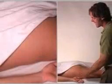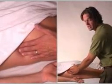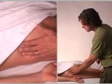Another point is at the outer and upper quadrants of the buttocks, just on the anterior part of the gluteus maximus, here. The next spot is on the medial aspect